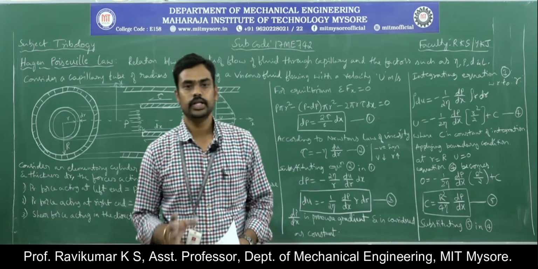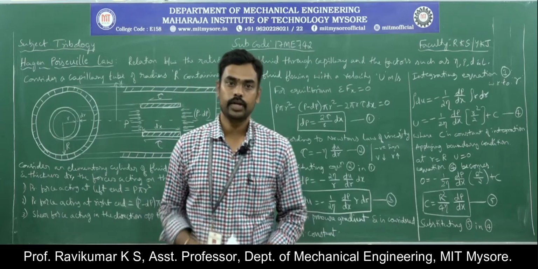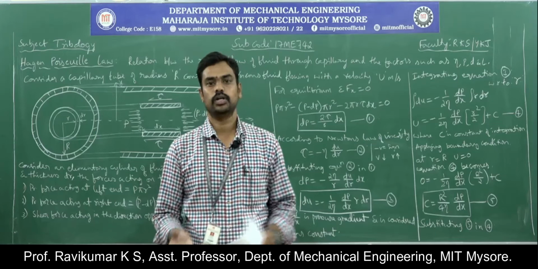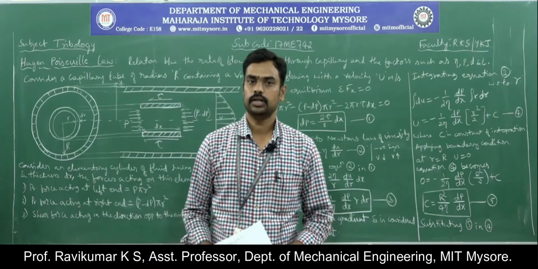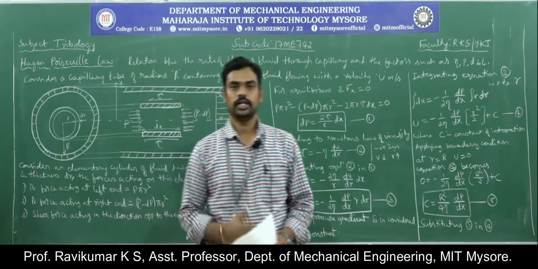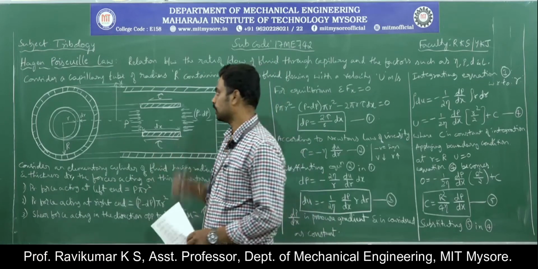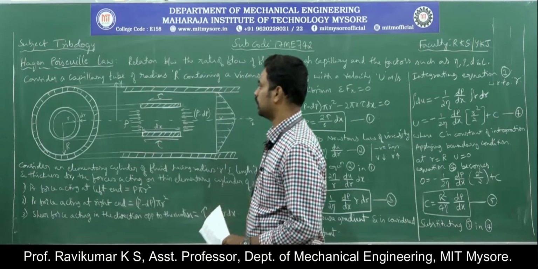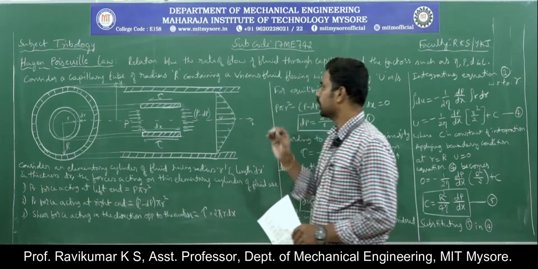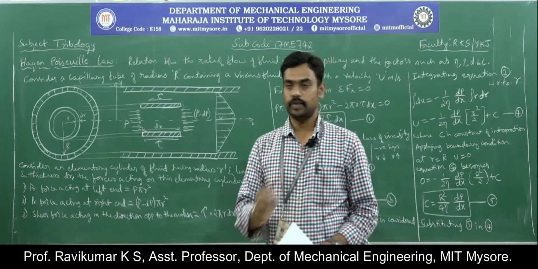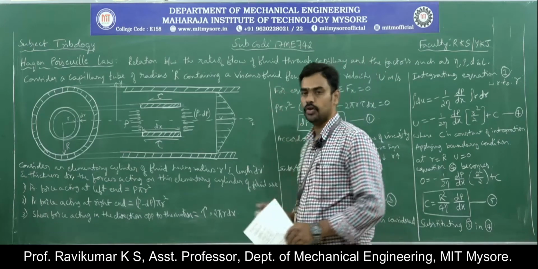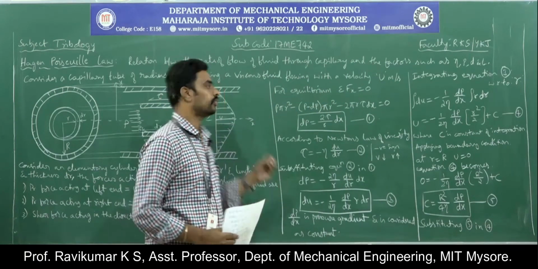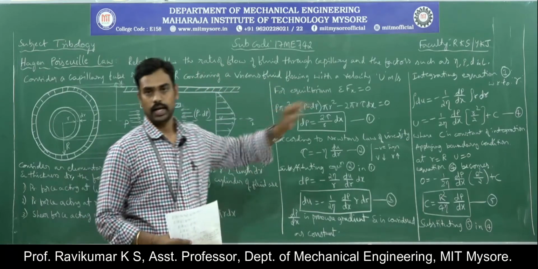In the previous session we discussed the Reynolds equation, which gives the analytical results for the Tower's experiment. In this session we will continue our discussion on the Hagen-Poiseuille law, where this Hagen-Poiseuille equation gives the relationship between the rate of flow of the fluid through the capillary,